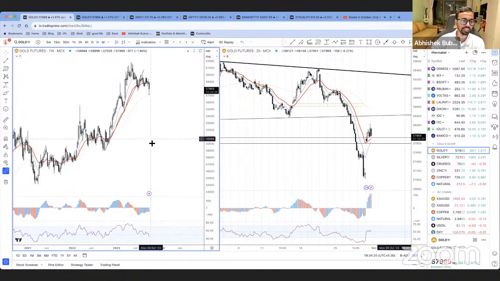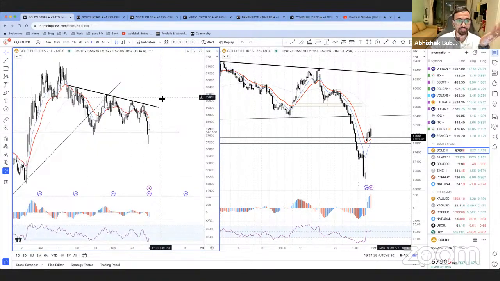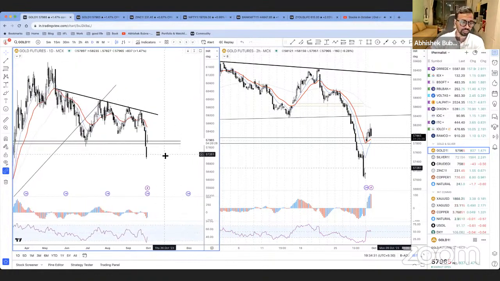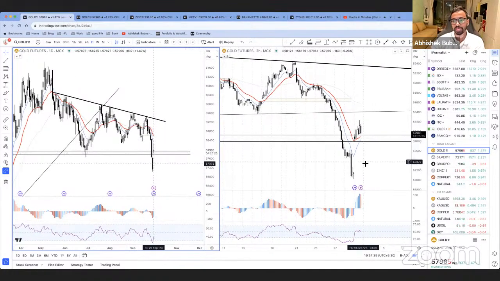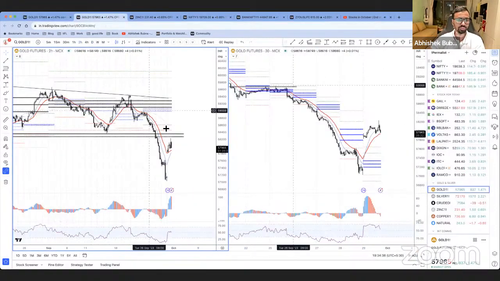the weekly chart, any uptick. So agar socho agla mahina bahut acha ho gaya, agla hafta bahut acha ho gaya, to ye bullish divergence ban jayega gold mein. But till that happens, let's not assume that it's going to happen, because hamare paas abhi filhal daily at EMA and 2 hour mein divergence tha. It is also here, and if you see the CPR,